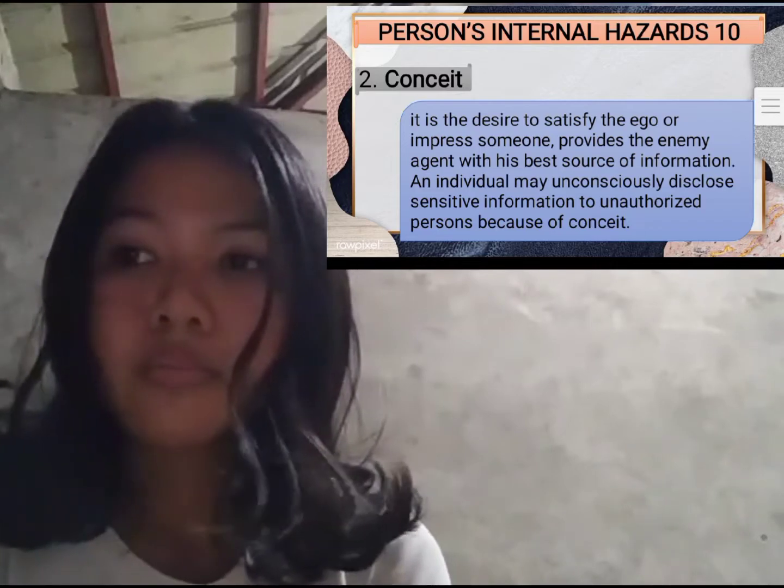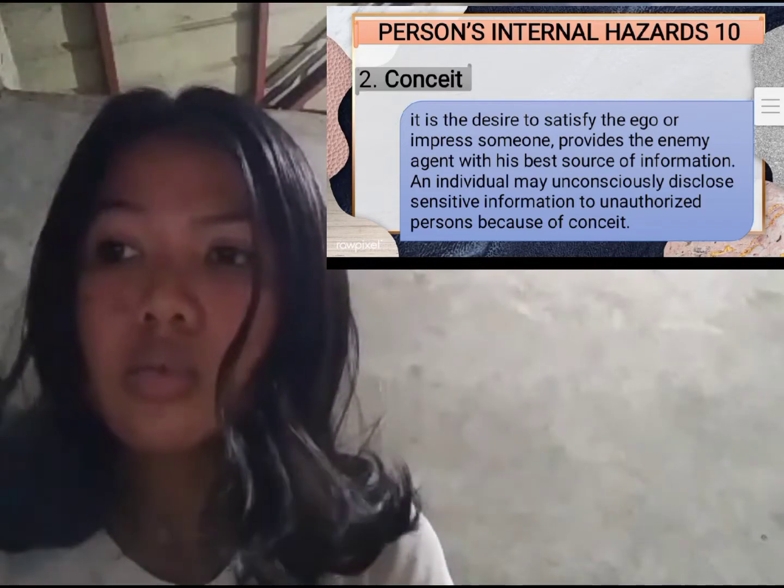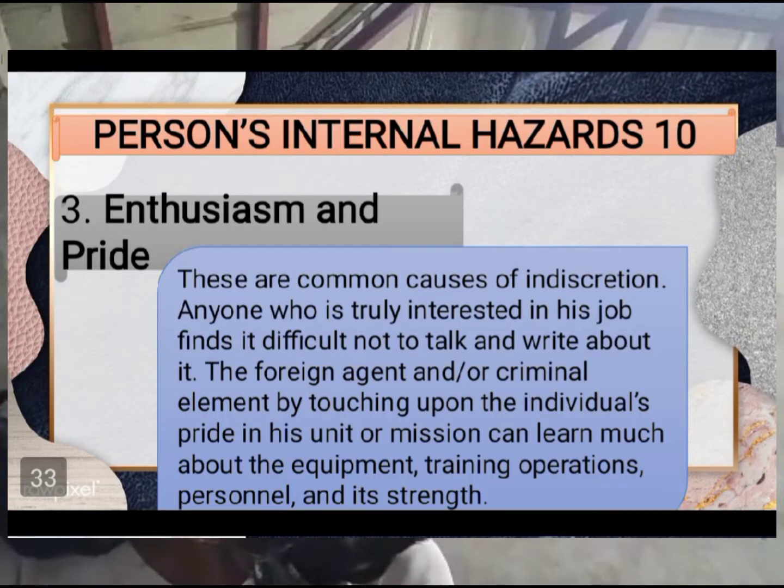Number 3. Enthusiasm and pride, they are commonly causes of indiscretion. One who is truly interested in his job finds it difficult not to talk and write about it. The foreign agent and or criminal element, by touching upon the individual pride in this unit or mission, can learn much about the equipment, training, operation, personnel,